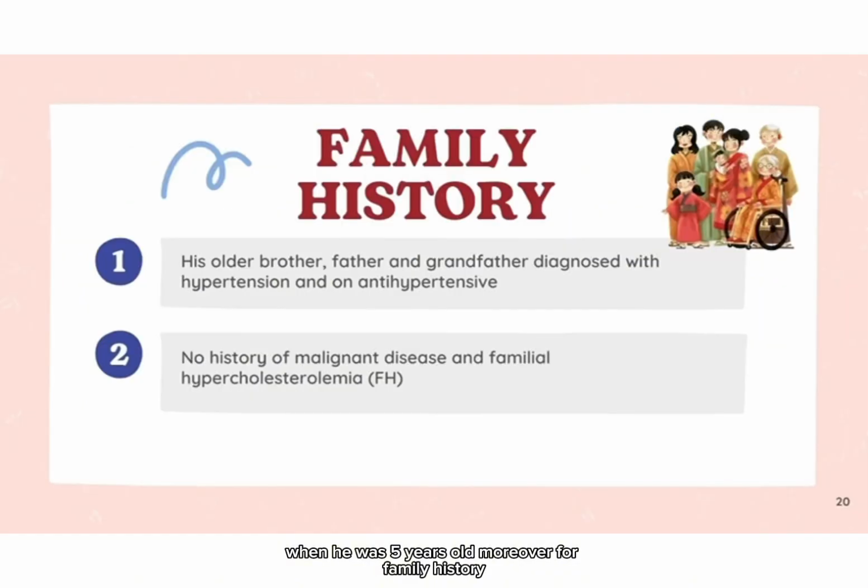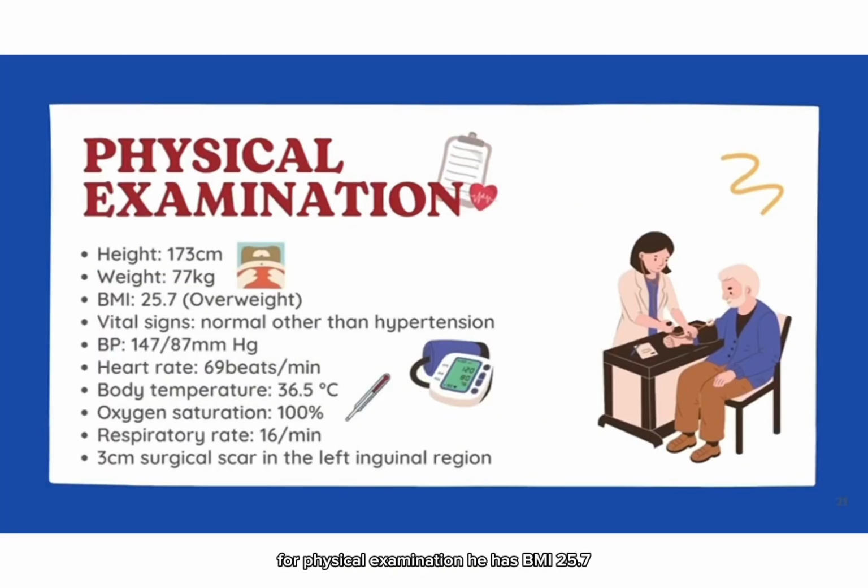Moreover, for family history, his older brother, father, and grandfather were diagnosed with hypertension and are on antihypertensives. Second, no history of malignant disease and familial hypercholesterolemia. For physical examination, he has a BMI of 25.7 and all his vital signs were normal other than hypertension, with blood pressure of